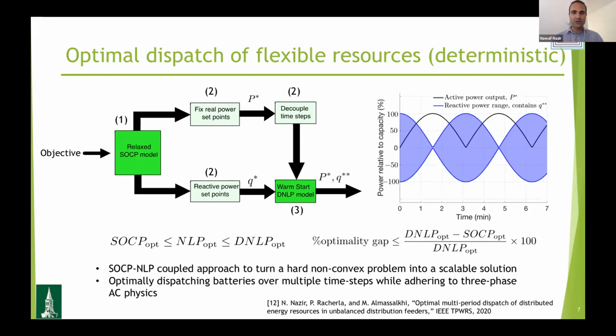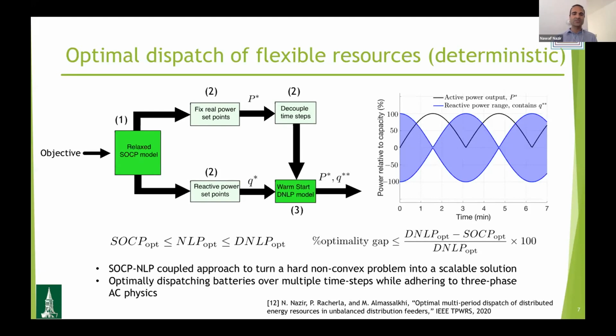Right? So then I also can get a relationship between the optimal values of the SOCP, the NLP, and the decoupled NLP. Even though we don't solve the NLP, we can get this relationship. And based on that, I can get an upper bound on the optimality gap that we obtain in this case. So when we solve this NLP, not only do we have a feasible solution, but we also have a guarantee that our optimality gap will be within some range.